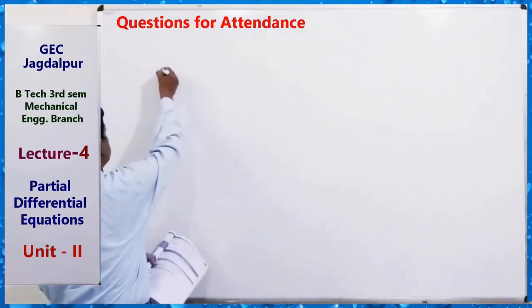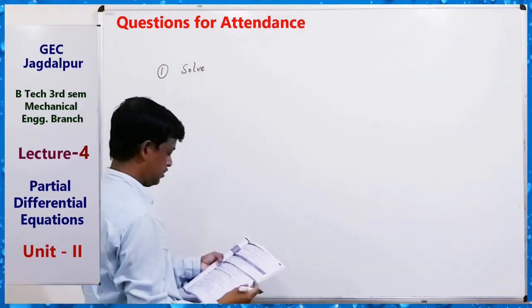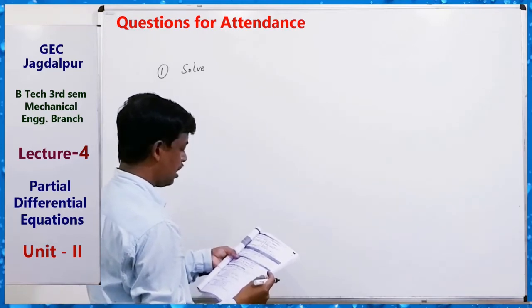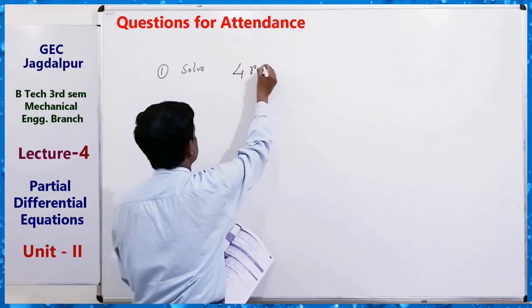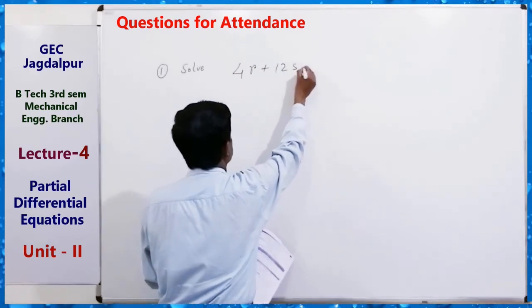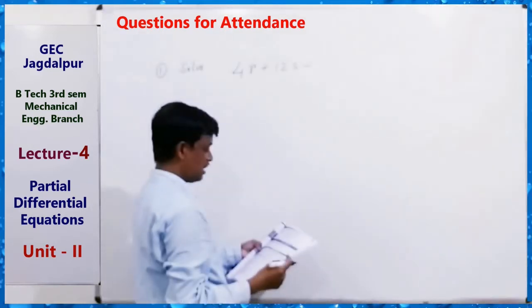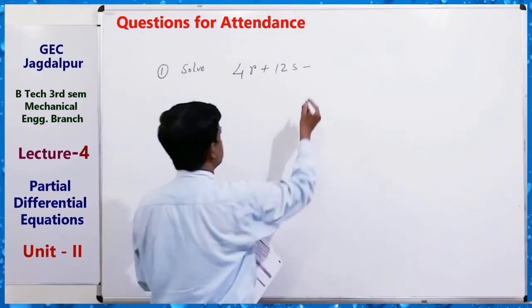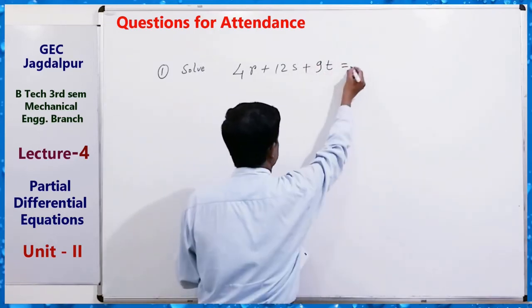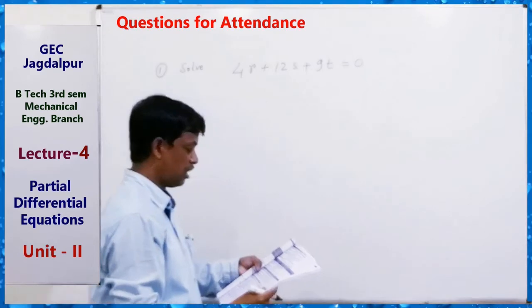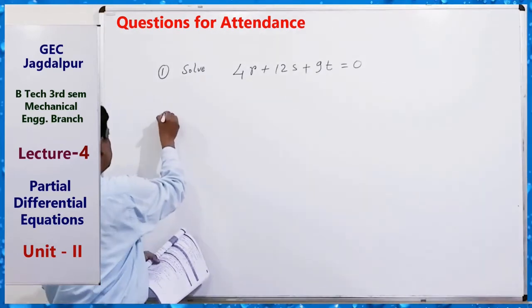First question. Solve 4r plus 12s plus 90 equals to 0. Second,